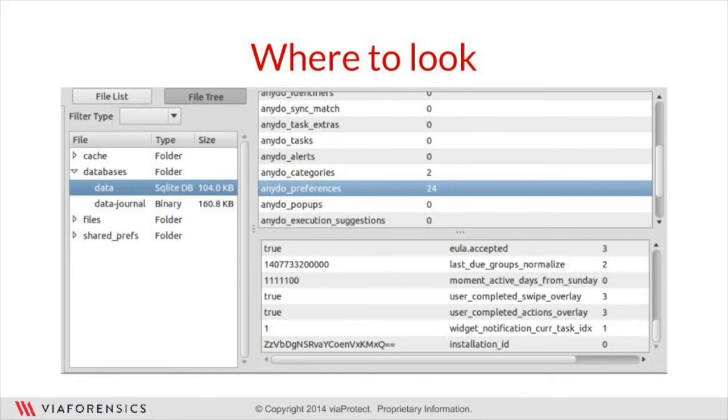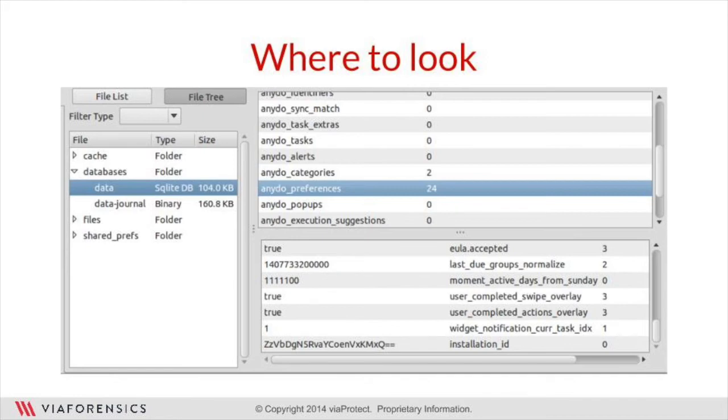You can see on the left that I have the regular structure for an Android application, and there are different viewers. I can filter by database, binary files, pictures, or preferences file if I want. Here I clicked on the database, and there are different tables that I can explore. Here I looked at the preferences, and this is a good way to see what the